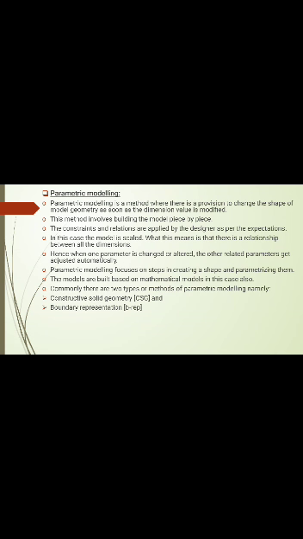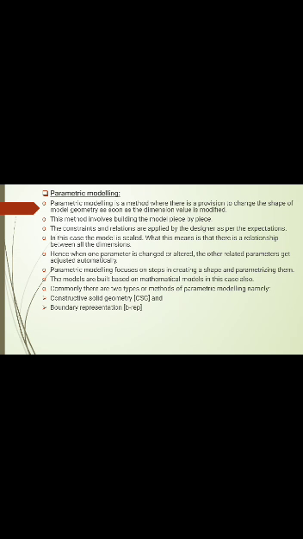Parametric modeling focuses on the steps in creating the shape and the parametric regime. It is basically based on shape creation. The models are built based on mathematical models in this case also. There are commonly two types of methods of parametric modeling. One is called constructive solid geometry, defined as CSG, and the second is called boundary representation, that is BREP. In constructive solid geometry the object is defined as a single solid, and in boundary representation the object is defined by the boundary itself.